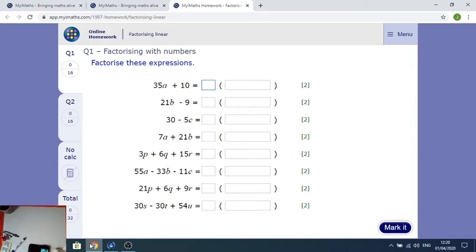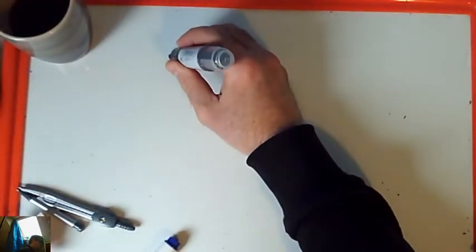Okay, so I'm on my iMaths exercise called Factorising Linear. It's just taking some algebraic expressions and factorising them into something times a bracket. I'm just going to go onto my whiteboard now to do all of these, and then we'll mark them at the end. So the first one was